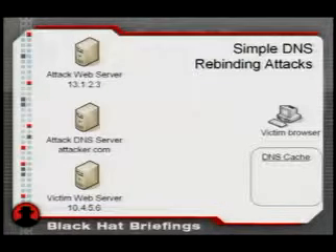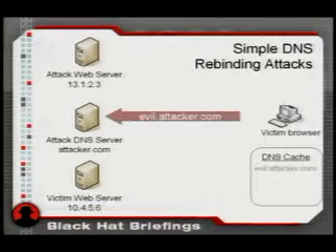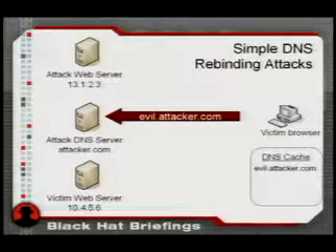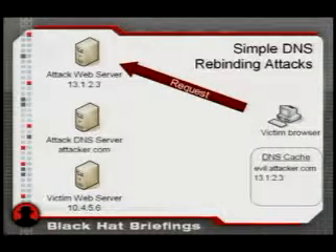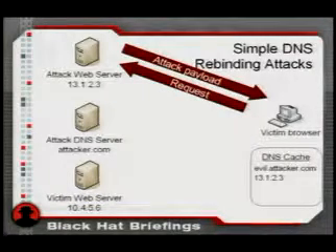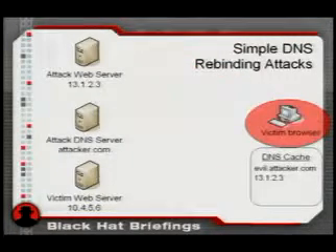So the first thing it does is send a DNS query for that host name. The attacker controls DNS, so he responds with the IP address of his attacked web server. The browser sends a request there, and some kind of attack payload is returned. Now at this point, we're still looking at it from a high level, so this payload can be written in anything. The browser becomes infected, pauses long enough for the TTL or lifetime on that DNS record to expire, and then initiates a new request back to the same hostname.